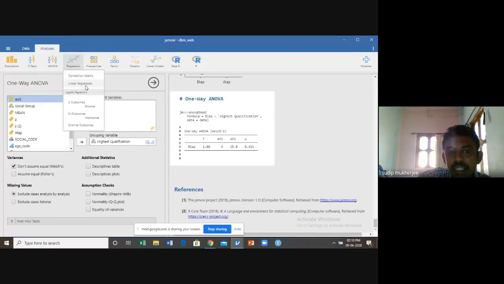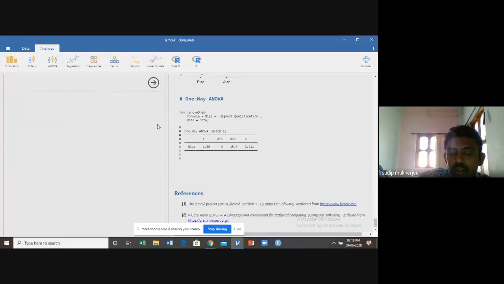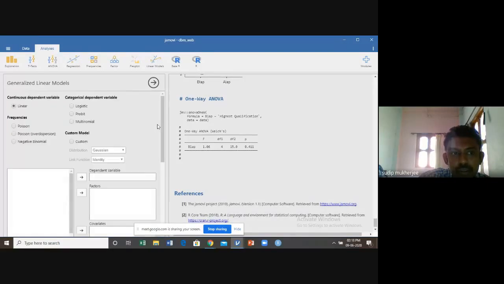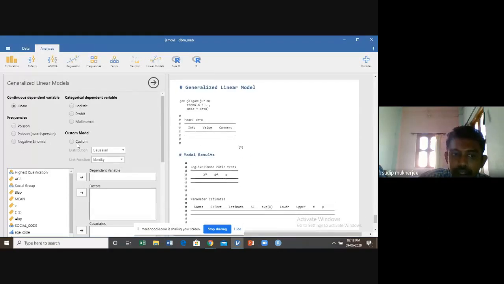Under regression, you can perform linear regression, binomial, multinomial, ordinal. Clear? Okay. Under linear model, I show you the generalized linear model: logistic, probit, multinomial, Poisson, negative binomial. Clear?